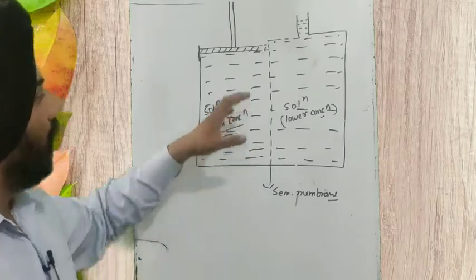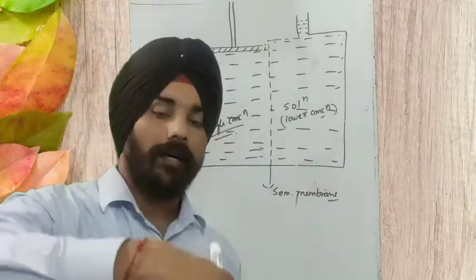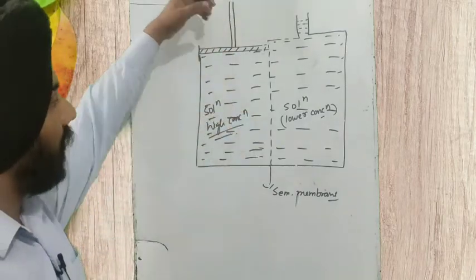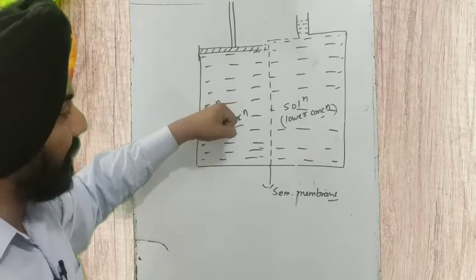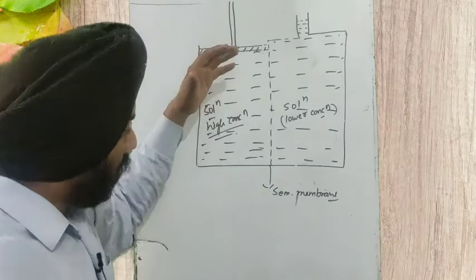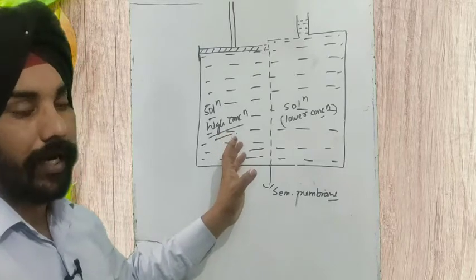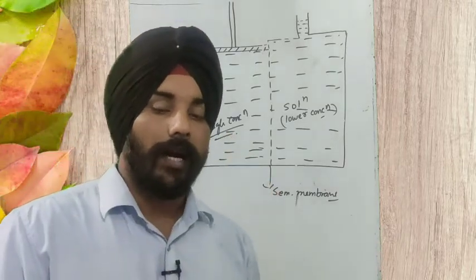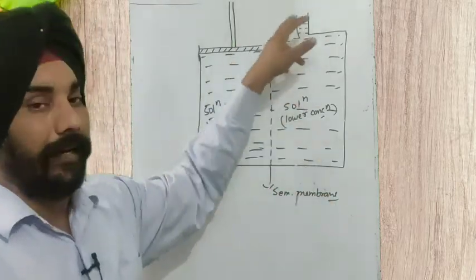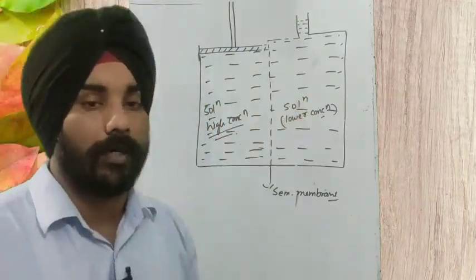In that sense, we are going to exert a pressure from outside. Some external agent is pushing that piston inside, and what happens? We are pushing that piston to exert the external pressure. So what will happen? This passing of solvent molecules from the lower concentration to the higher concentration is going to be reduced. A time will come when the solvent molecules stop passing, the level becomes steady here, and that pressure that we are exerting on the solution of higher concentration, that is called osmotic pressure.